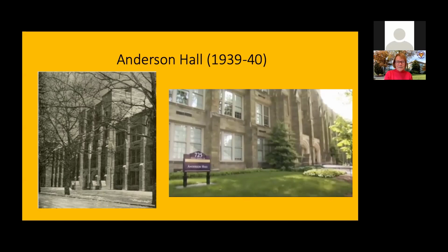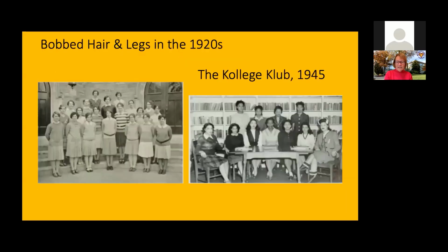But the school was very proud, and the students were very proud to have the campus quad. They paraded around, and things were changing, of course. By the 1920s, we see female students' legs show up in the yearbooks. By 1926 and 27, and bobbed hair. And then the African-American students who are in the school become more visible. The College Club was created in the 1930s by and for the Black education students. So this is one of their images